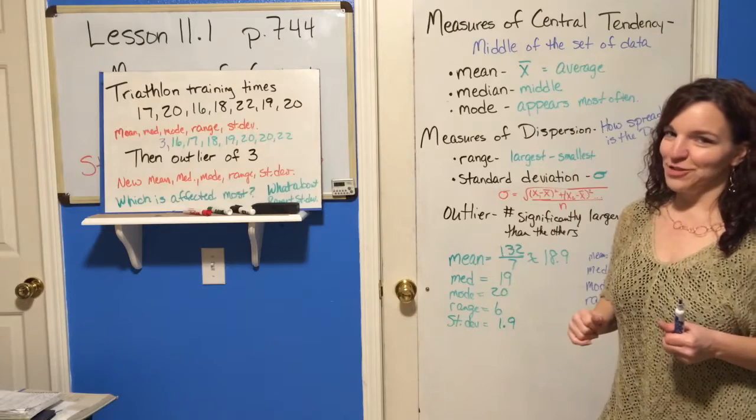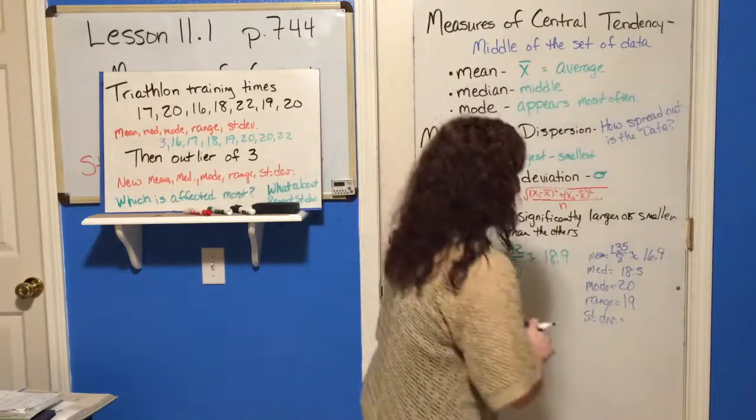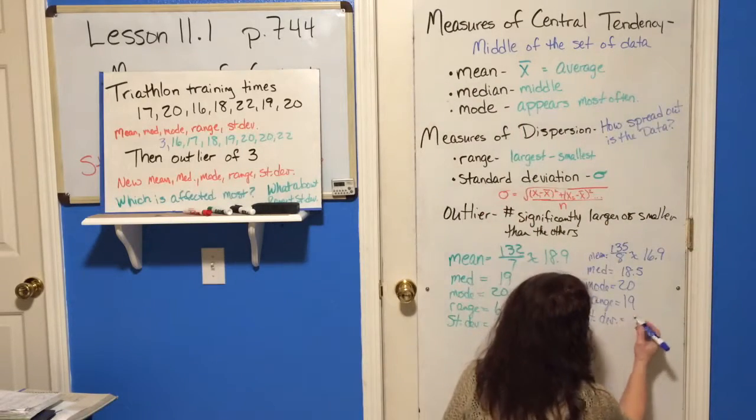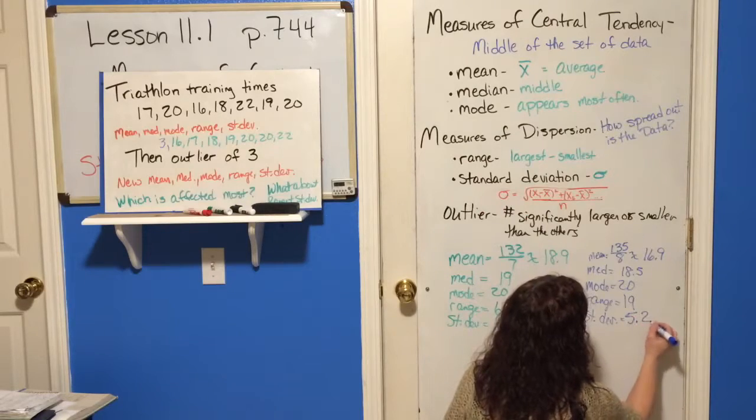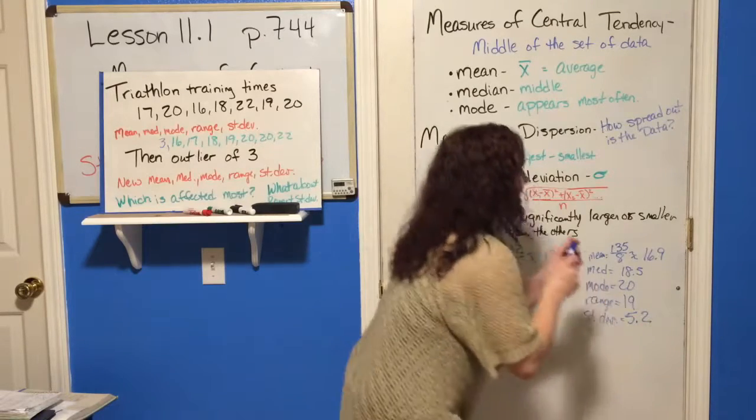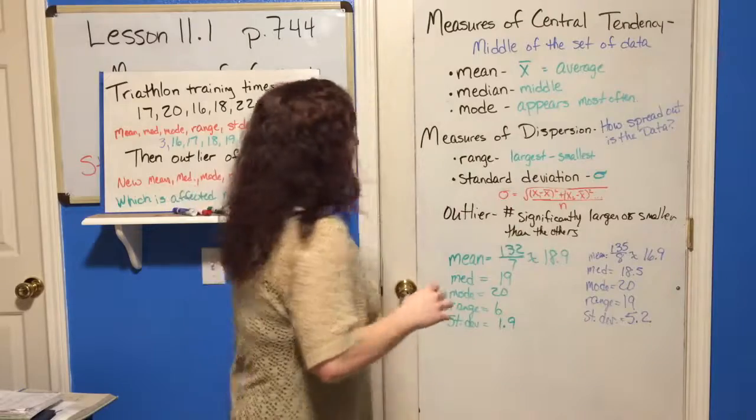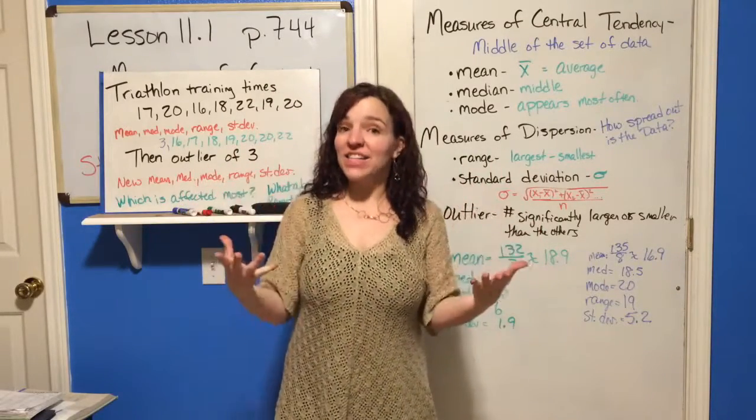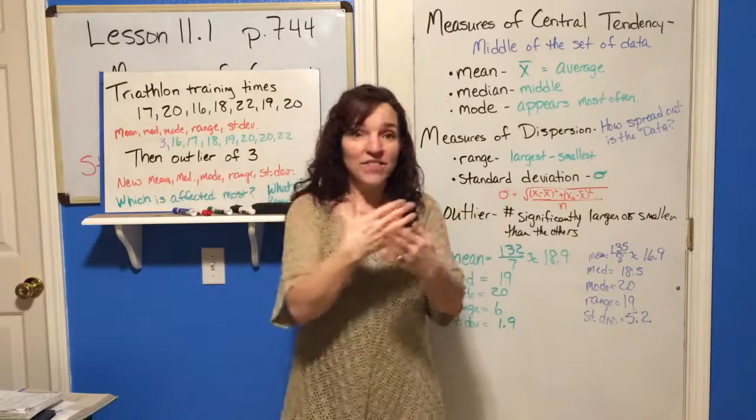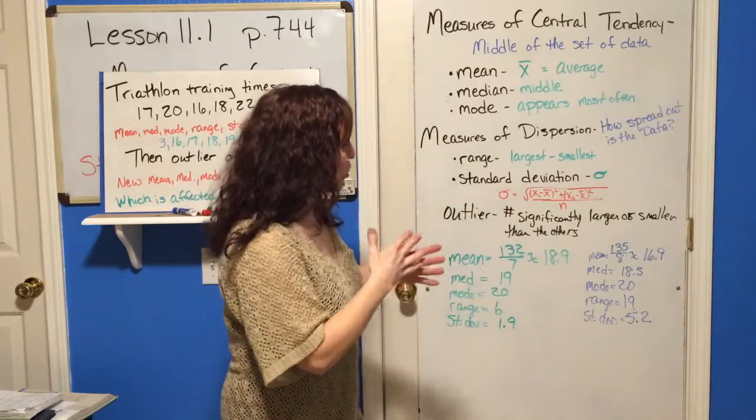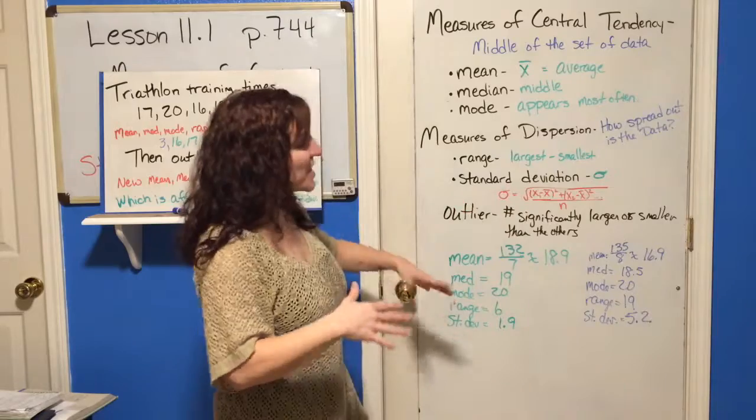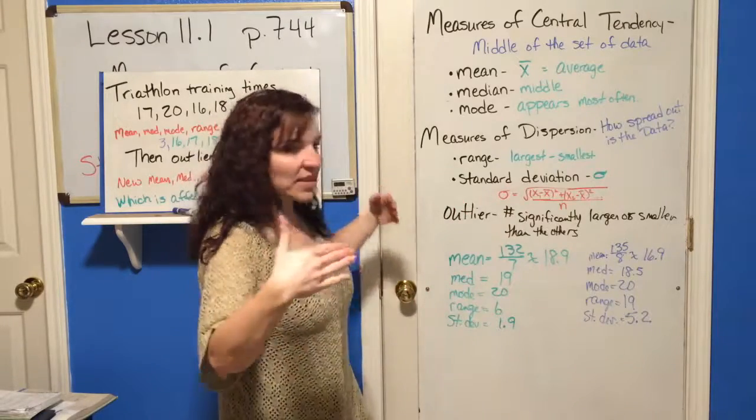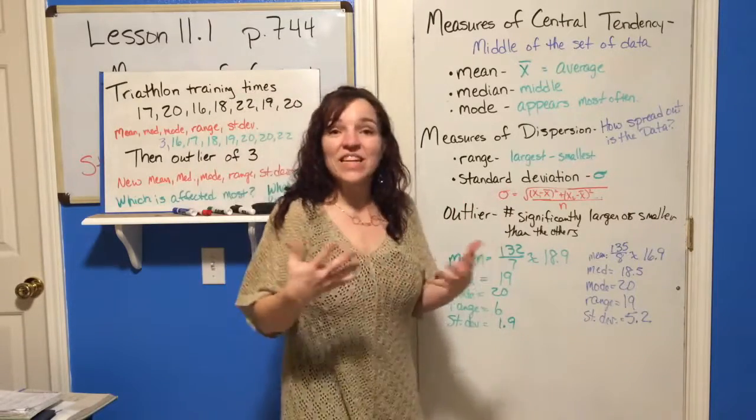Did you do it, or did you just wait for me to do it for you? The new standard deviation is 5.2. Now, the reason we did all this is, how does an outlier affect all of these central tendencies? If you look at the 3 central tendencies, how did it affect those, and which one did it affect the